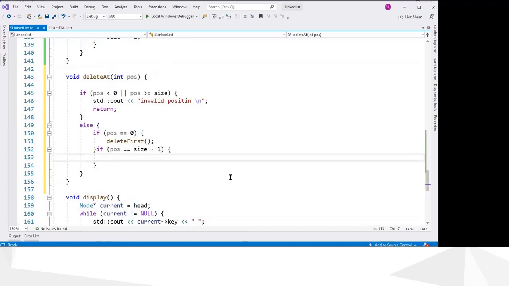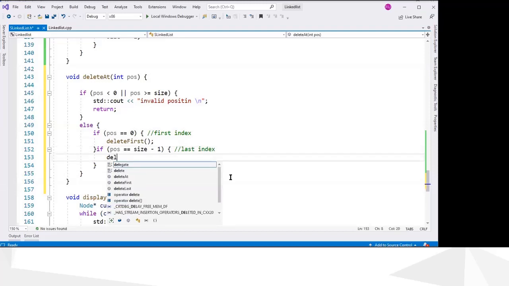So last number is 4, size minus 1. So this is the last node. So this is the first index, and this is the last index. Okay, so now we can call last.